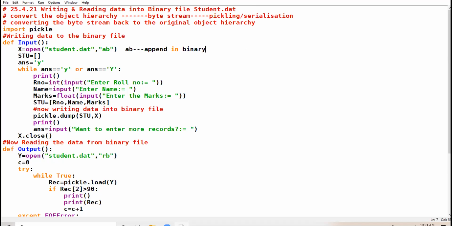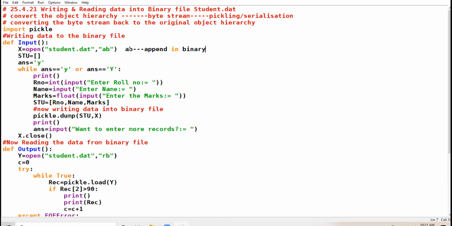Suppose you already have two records stored in the file. When you are using append mode AB, what will happen? The third record will be written after the first two records. The first and second record won't get eliminated, won't get truncated.